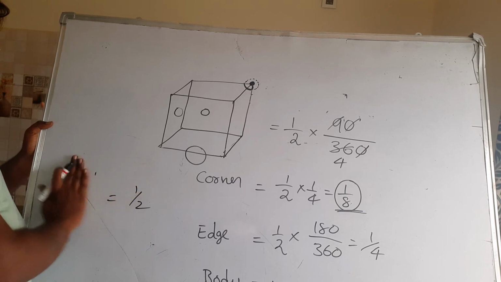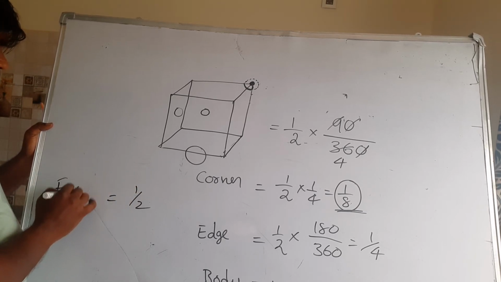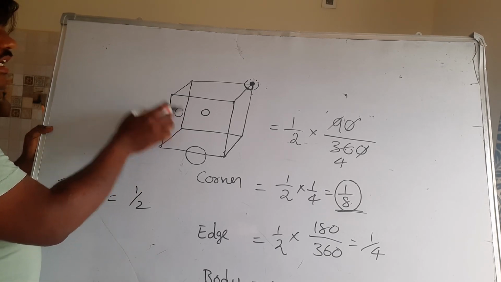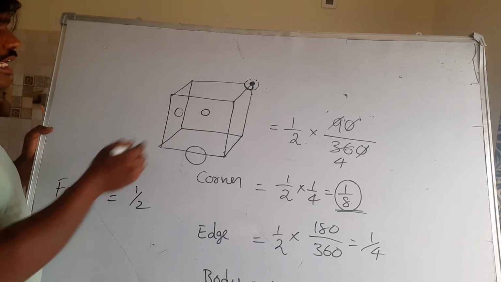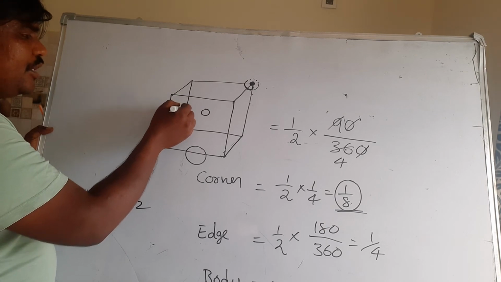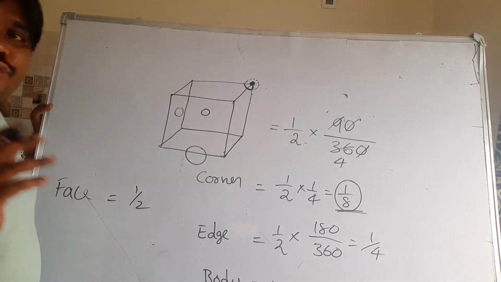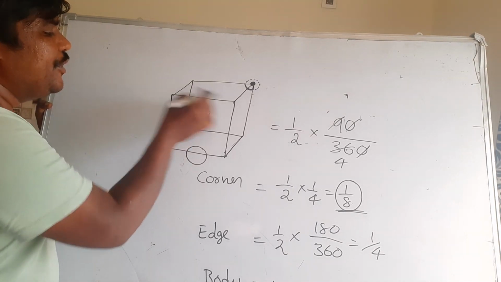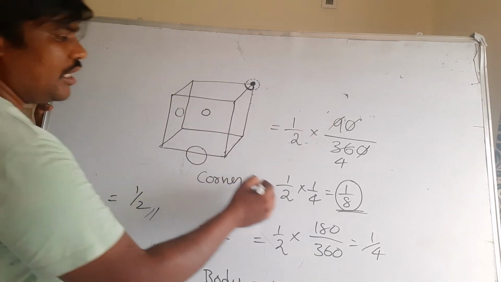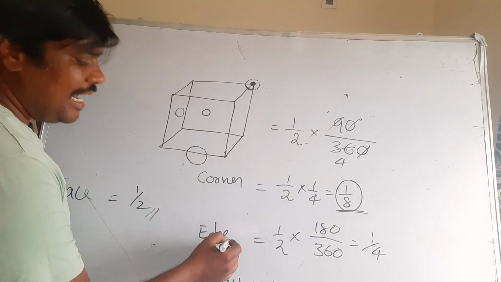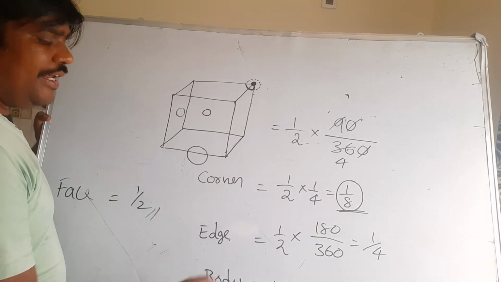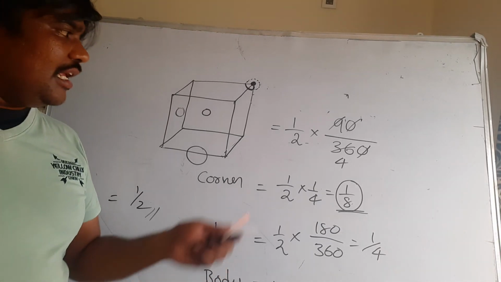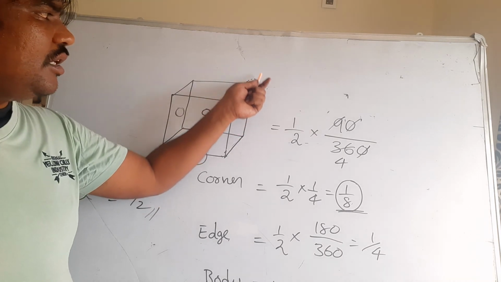Face centered lattice point contribution towards the unit cell is half. Corner contribution is 1 by 8. Edge contribution is 1 by 4. Body contribution is 1. I am repeating once again, a lattice point which is in a corner